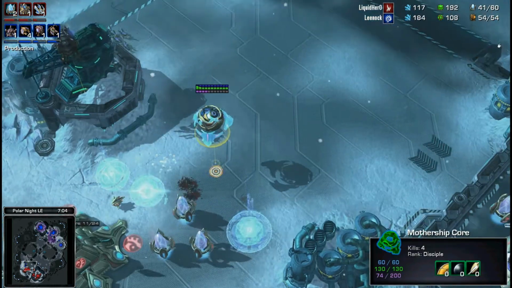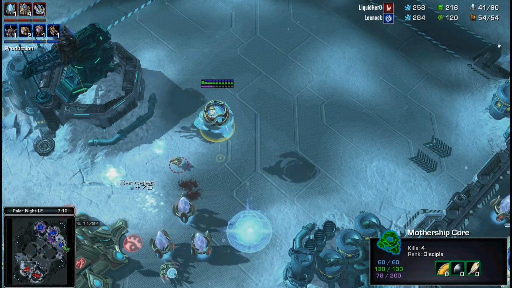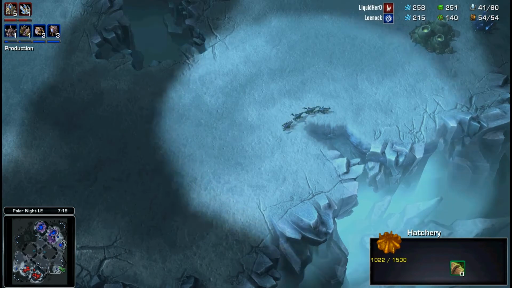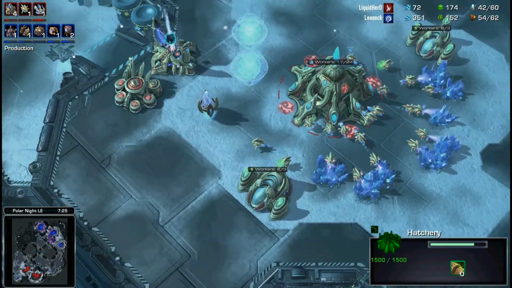And this Mothership Core gets 4 kills before he falls back, but that was a great trade there by Leenock. Forces out a lot of pylons, kills a couple of gateways, slows down his production, even manages to save his third over here against that single Zealot, which wasn't too much of a problem. So Leenock is in a very comfortable position at this point, I would have to imagine, but you do have